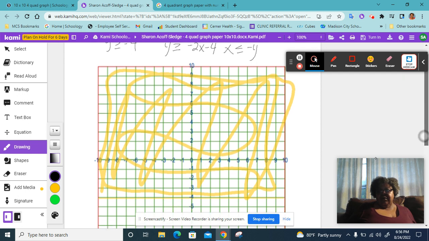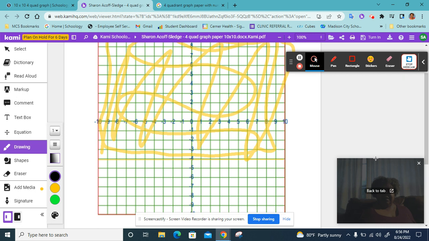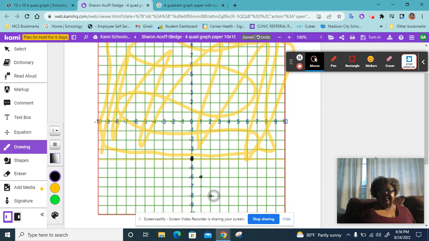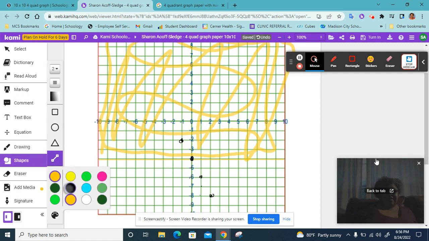If you have a whole number, your run is 1, my rise is -2. So I'm going to put a dot. That's my y-intercept, and my slope is -2. So I'm going to go down 2 and over 1, down 2 and over 1. I can also go up 2 positive and back 1 negative. I'm going to use that, and now I'm going to draw a black line